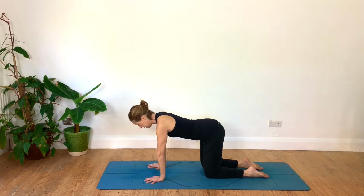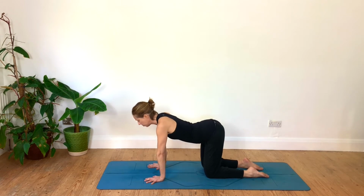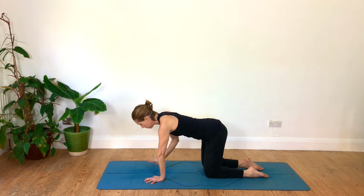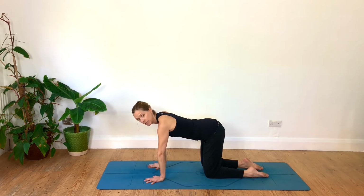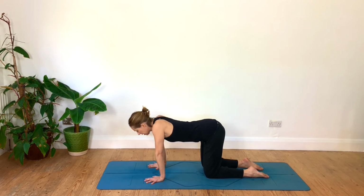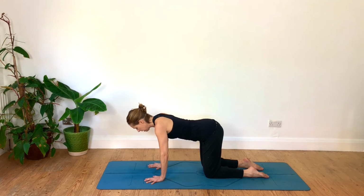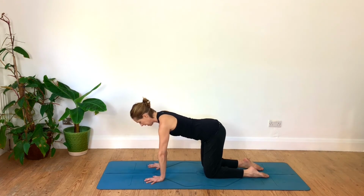and tuning in again to this core stability. So we're finding a neutral trunk position, back of the neck's long. There's a natural little dip to the lower back, so it's neither rounding up nor a big dip. So finding for that neutral-ish position in your lower back. And same for the upper back, neither collapsing through the shoulders, so there's a valley between your shoulder blades, nor rounding up. Can you feel like you have a good push through your hands into the mat, shoulders pulling down